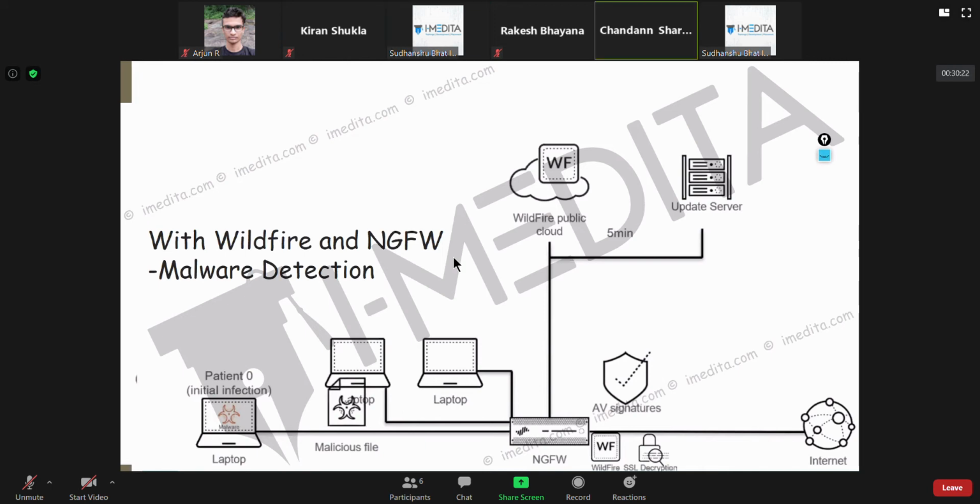I'm saying, how will it detect the updated signatures? You don't get them. See, it's simple. If you want more security, you pay more. Okay. So other than this function, everything will work as usual. You can have all other functions and leave WildFire. That's possible as well. But usually, these are the things which make it more secure.